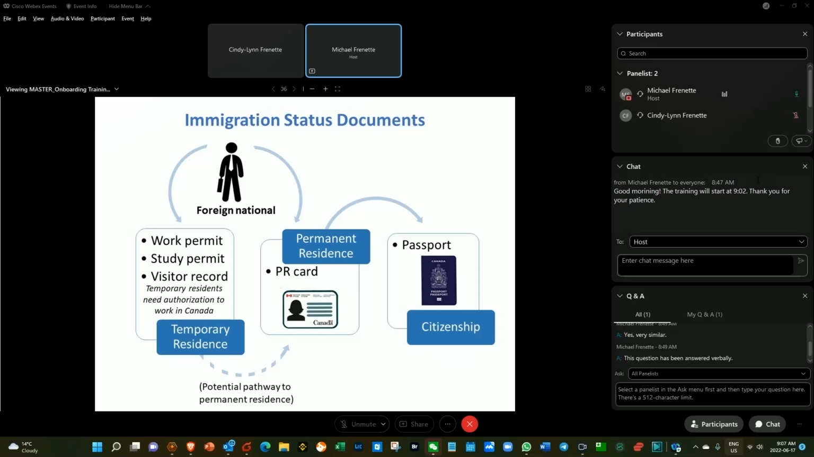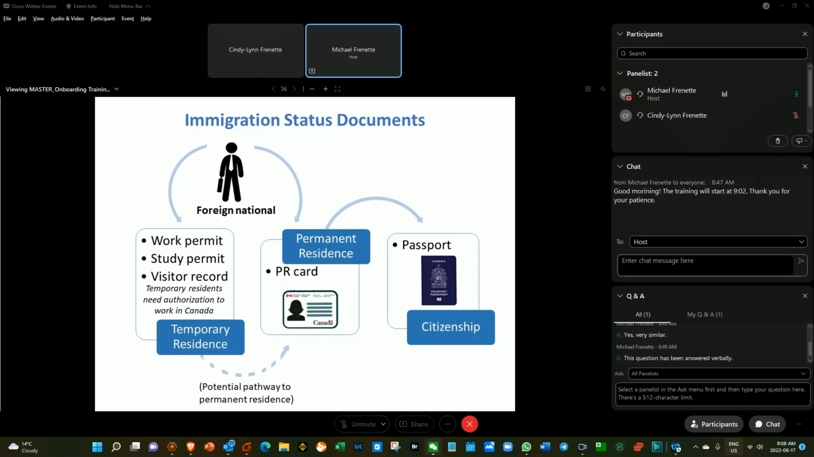Some foreign nationals may have what we call an open work permit, which allows them to work for any employer in Canada. Then moving on to permanent resident, that is someone who has been given permanent resident status by immigrating to Canada, but is not yet a Canadian citizen. While most temporary residents will leave Canada at the end of their stay, if eligible, they may choose to apply